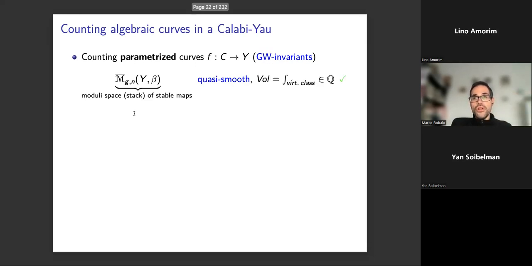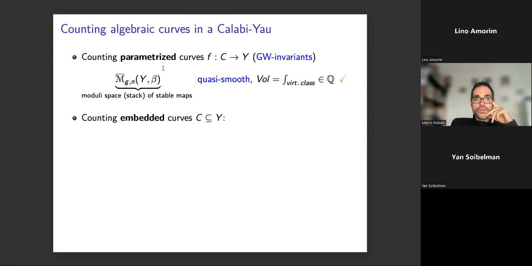So we can compute the volumes, and these volumes make sense, and they give rational numbers, and these numbers are the Gromov-Witten numbers. So I don't want to explain this here in more detail. I just want to see how the Donaldson-Thomas invariants appear from these logics. So the second approach we could try to count curves would be to count embedded curves, not